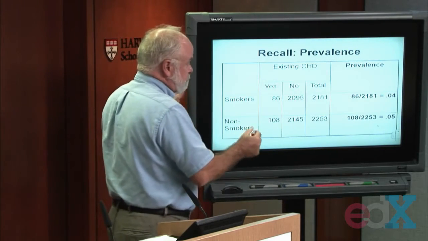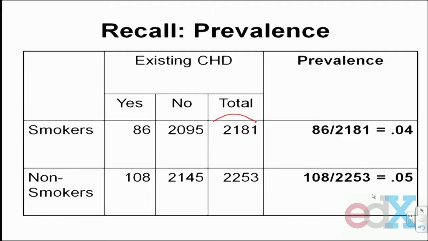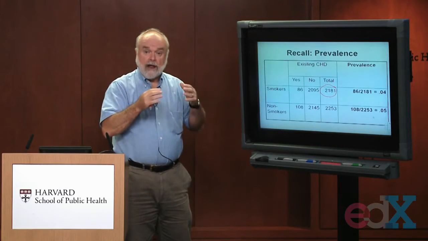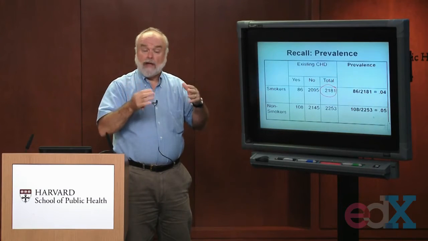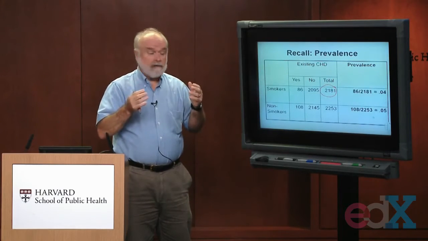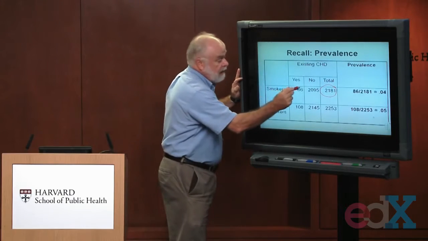Basically, what we have are 2,181 individuals who attended that 1956 examination. And at that 1956 examination, they were asked, have you been previously diagnosed with coronary heart disease? And among the smokers, 86 of those